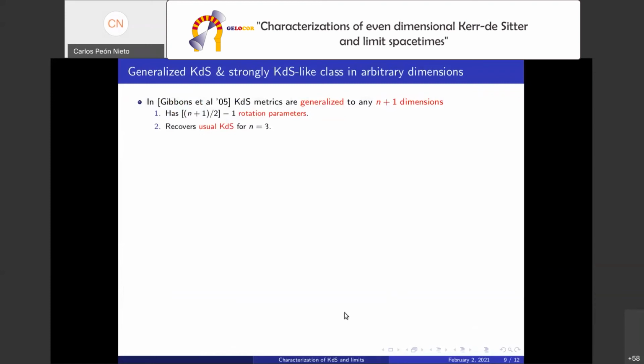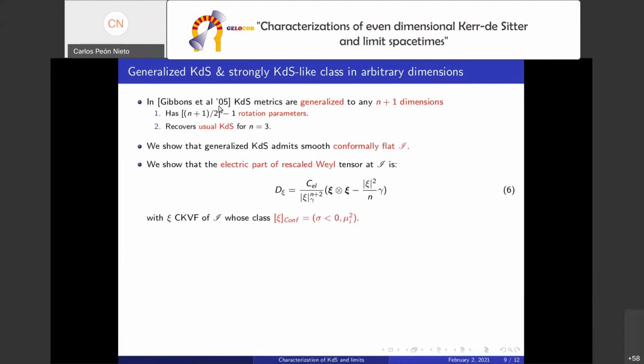So the generalization of the Kerr-de Sitter metrics to more dimensions was given by Gibbons and collaborators in 2005, and this generalization adds more rotation parameters. And obviously, for the case n equal to 3, it recovers the usual Kerr-de Sitter metrics. So we have taken this generalization of Kerr-de Sitter metrics, and we have shown that they always admit a smooth